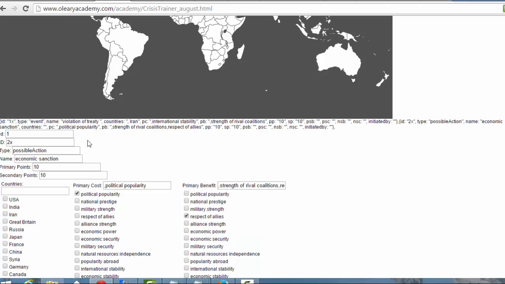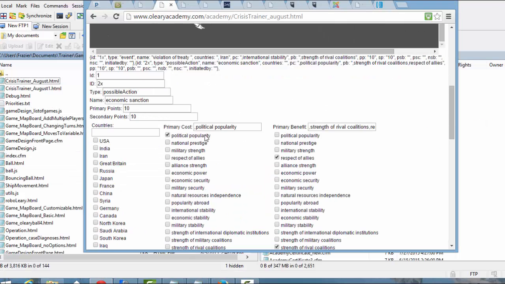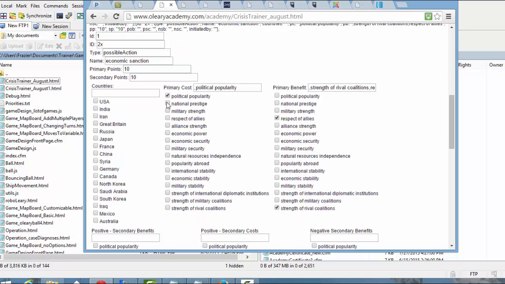And then we're going to click here, and your potential action, again, let me make this a little bit easier to see. Your potential action is going to have primary points. So for instance, if you take economic sanctions, then it's going to primarily affect certain things. Okay? And then that's your primary cost to you, and then there's a primary benefit to you for specific actions. And this is really what we want to develop, okay? Because we're just going to have to decide